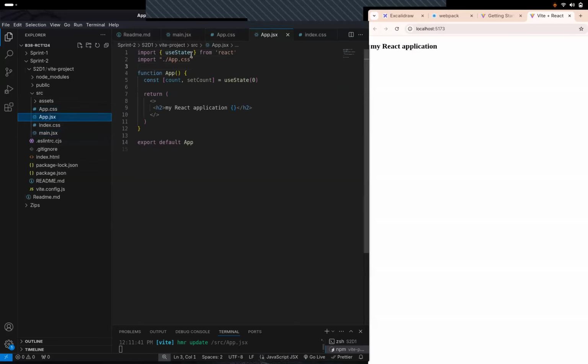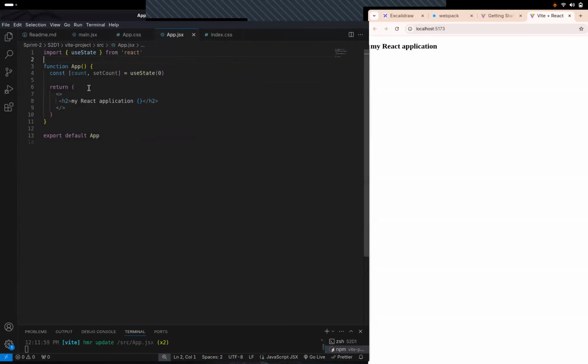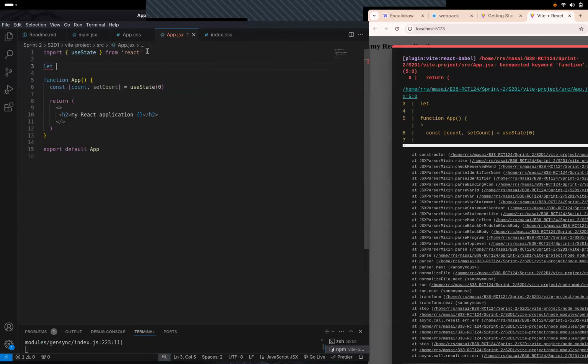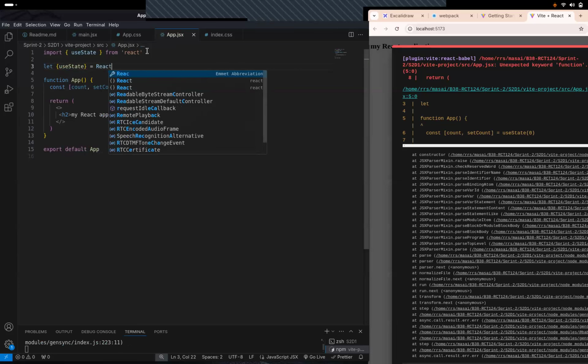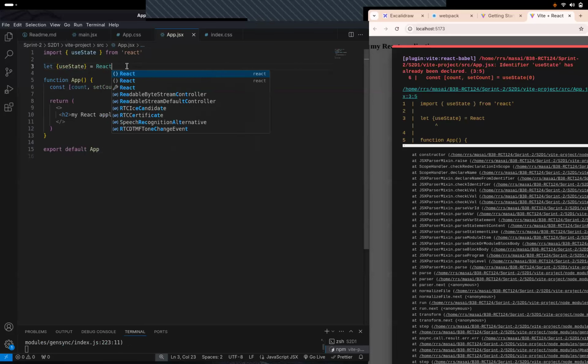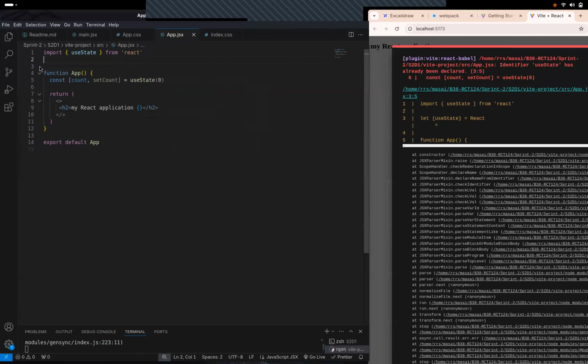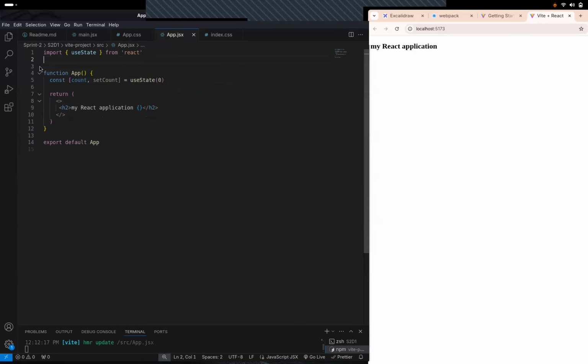Clear? Because it was applied in it. All right, fine. So shall we move forward? All right. So in this setup, you'll see that initially, last sprint, what we used to do was something like this, right? Equals to React. Because we were attaching stuff, that's why we were not able to import it, because we could not convert it into a module.